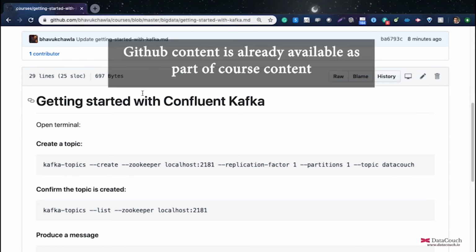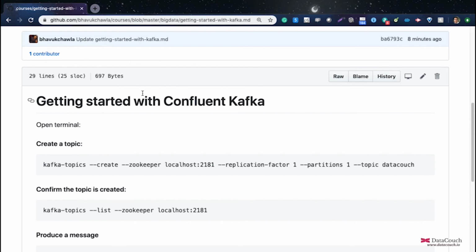So we just finished Confluent Kafka installation on the Dataproc cluster. So it's time now to validate whether the Confluent Kafka distribution is working fine, whether basic Kafka is actually working okay on the cluster. For doing that, we will be creating a topic on the cluster, and then we will be sending some data to that topic, and then we will be consuming data from that topic. So these are some basic things that we want to perform on the cluster right now.